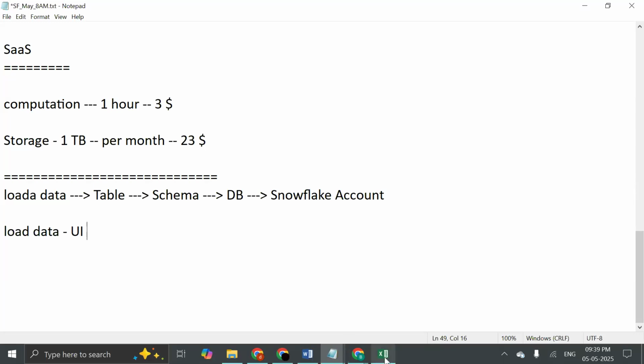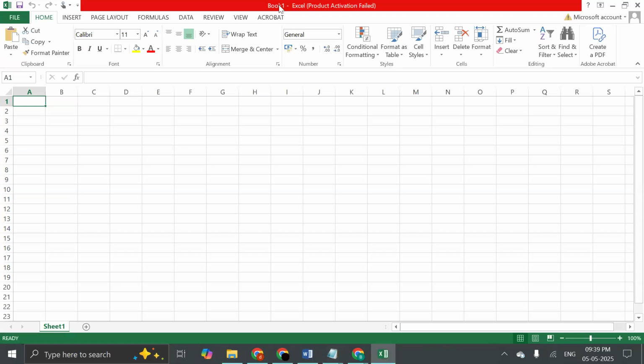The same way here, this workbook is our one database. Within that, you may have n number of schemas, like worksheets. I am creating n number of worksheets. This particular worksheet contains all the HR details. Worksheet 2 contains all the data related to sales details. Worksheet 3 is related to account details. For example, worksheet 4 is related to employee details, right? So every worksheet we maintain separately, because when you insert data into a worksheet,